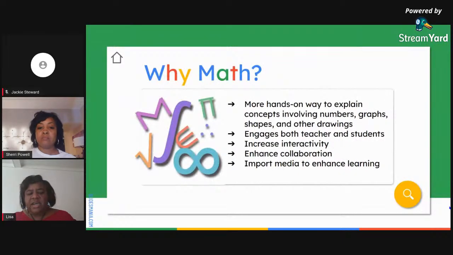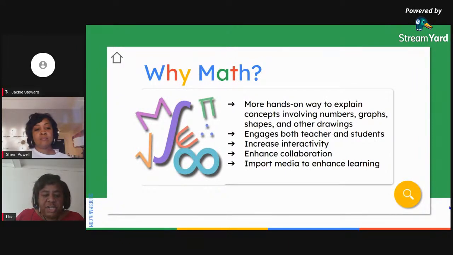So, of course, the title of our session is We Be Jammin' in Math. And so why math? I posed this question to a math teacher: what is the hardest part of online instruction being a math teacher? When we think about the core content areas, ELA, science, and social studies, we know that the digital interactive whiteboard lends itself to those subject areas, both in the physical classroom and in this online platform, Jamboard. And when I asked the math teacher this question, they told me that the hardest part is giving feedback